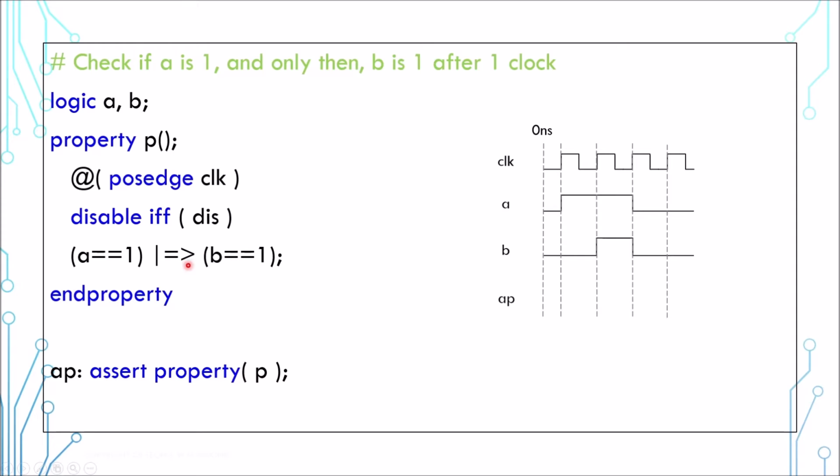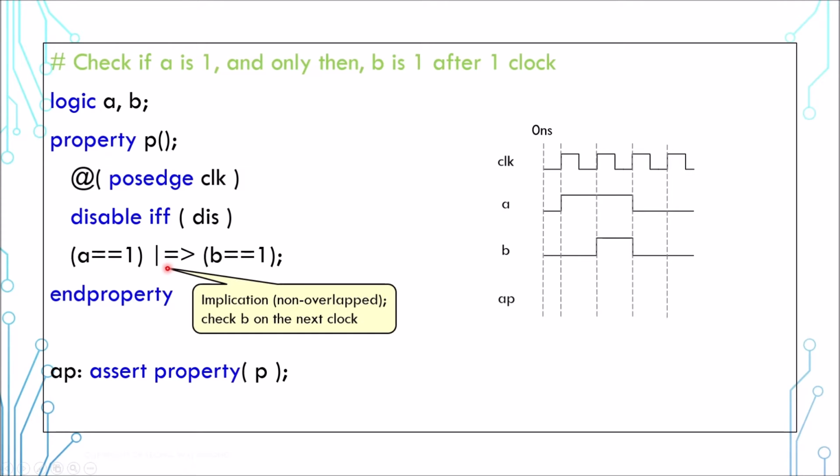This example is called a non-overlapped implication. It is similar to the one before except that it checks B on the next clock. This is a vacuous attempt. Here A is 1 and B is checked on the next clock. It is also 1 and therefore it passes. Note that while B is being checked at this clock, another assertion is starting at the same time, where A is 1, but for this one B is 0 on the next clock and therefore it fails. This point here is another vacuous attempt.